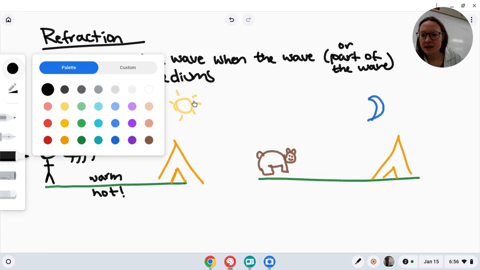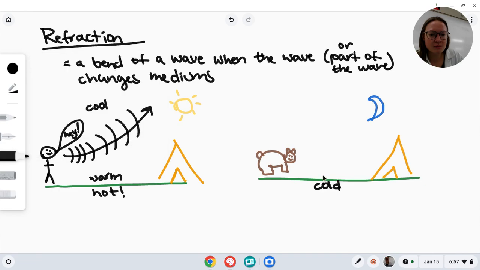Here's what happens now at the nighttime. Because the ground has such a low specific heat capacity, it's going to cool down really quick. It has a low specific heat capacity, so it can change temperatures really easily. So now, at nighttime, the ground gets nice and cold because the sun isn't there warming it up anymore, which means that the air just above the ground is cooler now than it was during the day.